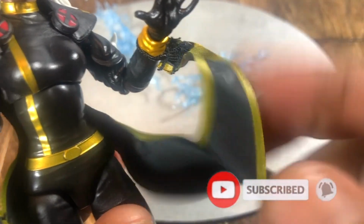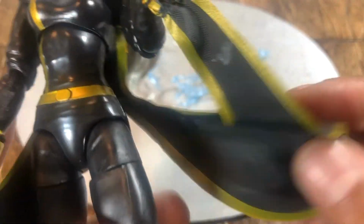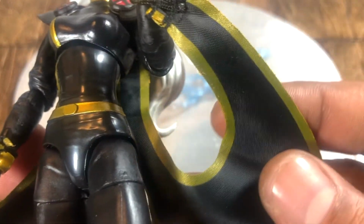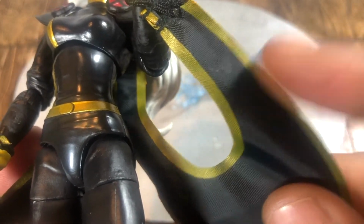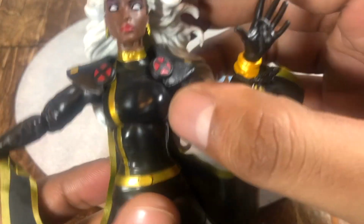This cape bugs me. I'm not a fan of this cape. I don't know if you guys will be, but it's prone to wrinkling and prone to getting little stains. I don't even know how that got there, but look at that. I didn't do that. It came off the package like that. But yeah, her diaphragm joint makes her go forward that much, which is